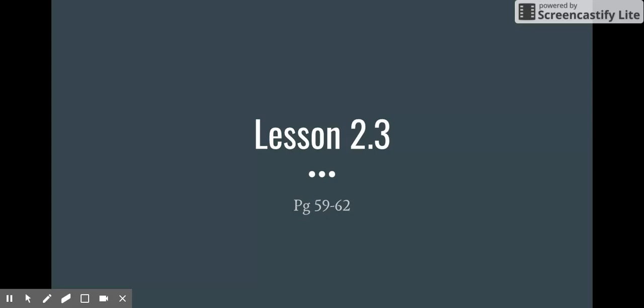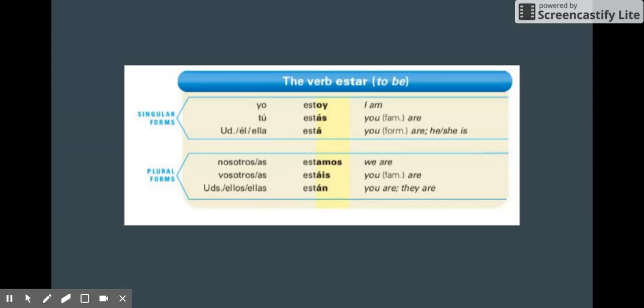This section will cover the verb estar. Earlier we learned the verb ser, which means to be in English, and now we're going to learn the verb estar, which also means to be. Now, just like ser, estar has a regular form, meaning it has its own unique verb endings in the present